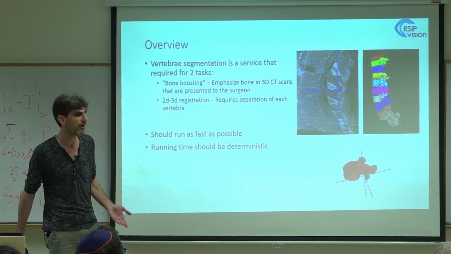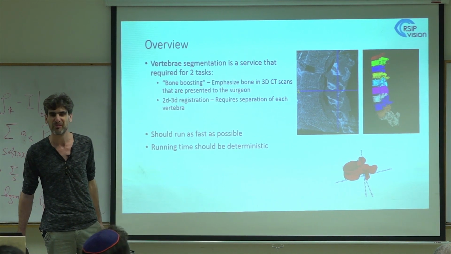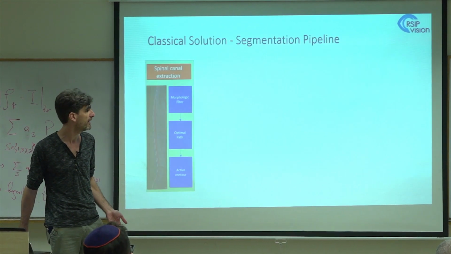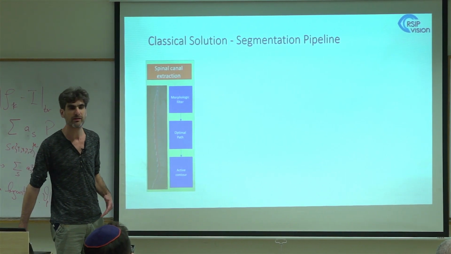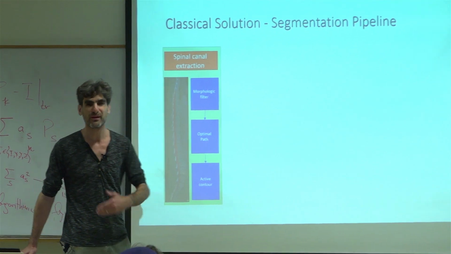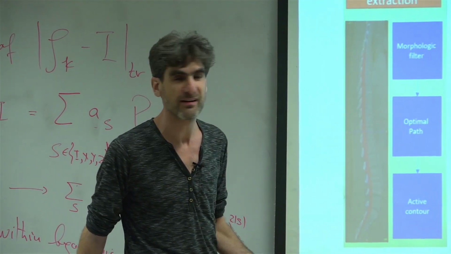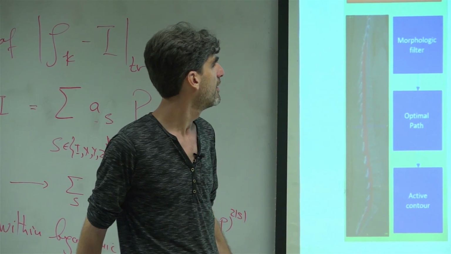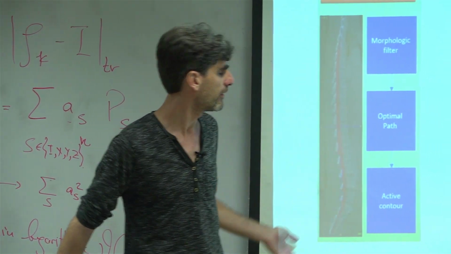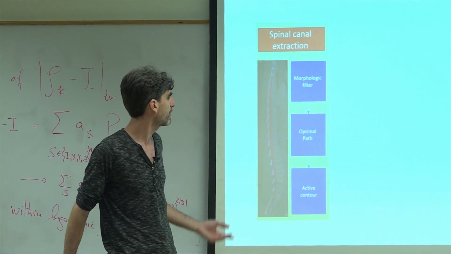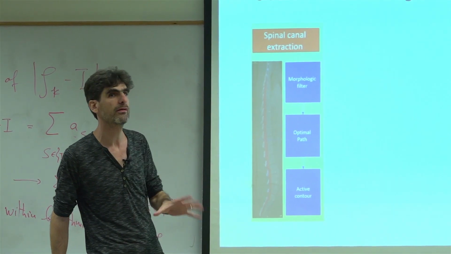Okay, so actually, I think it was Yechiel who spoke about the segmentation algorithm of ours about a year ago at a different meetup. And basically, we developed a very beautiful classical computer vision algorithm to perform spine segmentation. And this algorithm had a number of steps. So first, we find the spinal cord. It was sort of analyzing the whole image and understanding it. So the first step was to find the spinal canal,